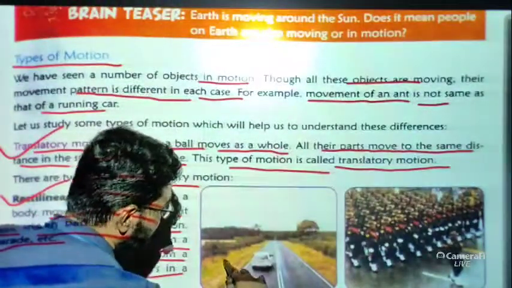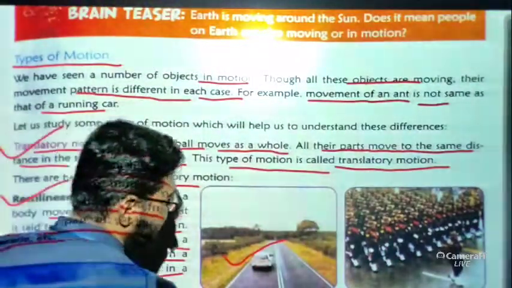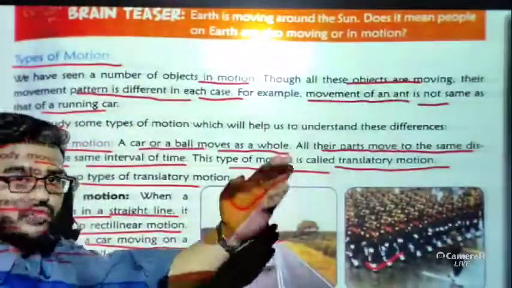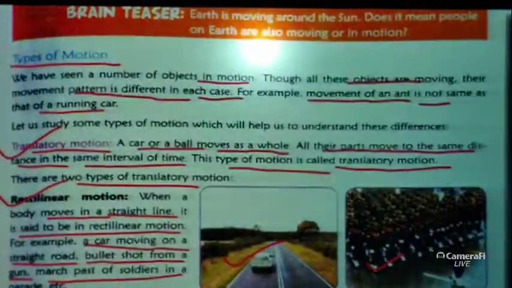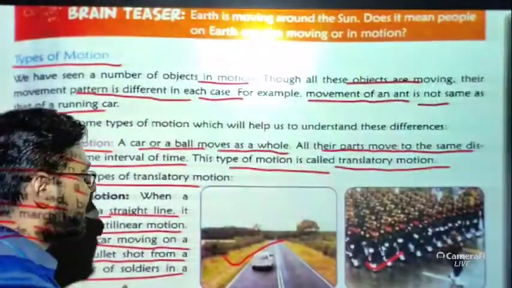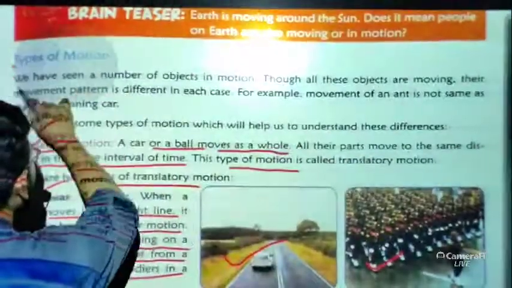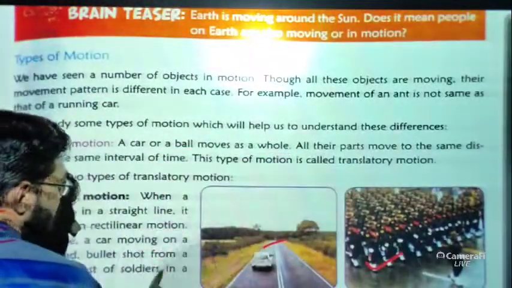You can see here a car is moving on a straight road, so it is obviously a rectilinear motion. It is written here, march past; obviously soldiers must pass in a straight way. So these are the examples of rectilinear motion. In other words, you can say rectilinear motion is straight line motion also.